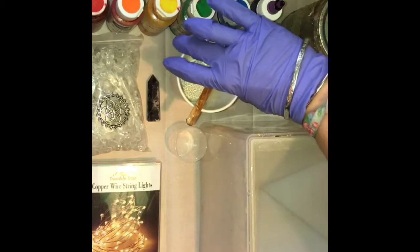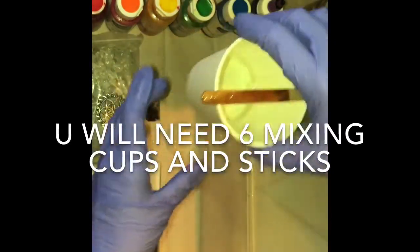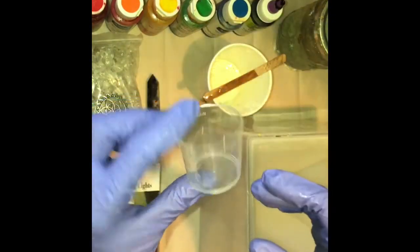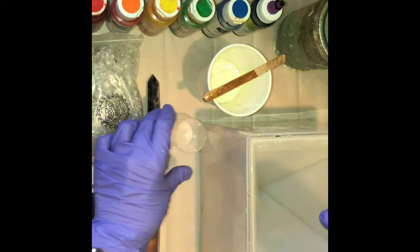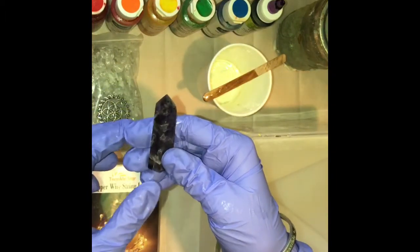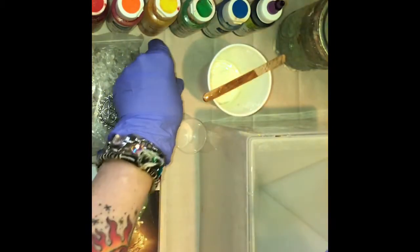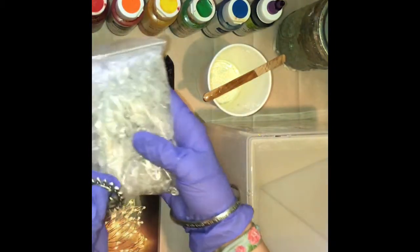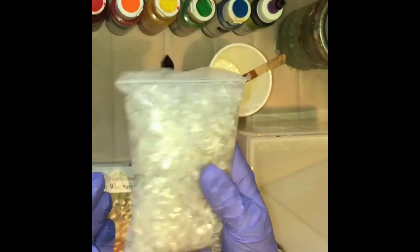You'll also need a mixing cup and stirring stick and a measuring cup. I use an ounce measuring cup to measure my resin. For the apex of the pyramid, I have a piece of amethyst that is going to go there, and that'll look really nice. And I've got a pound of clear quartz crystal,